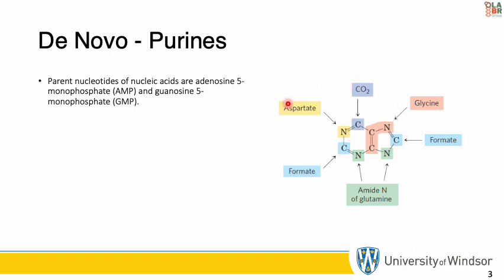And it'd be pretty good if you guys knew this and understood this and knew where this would come from if it were to be on a midterm or something like that. But what's pretty cool about this is this was actually determined back in the 1950s by a gentleman named John M. Buchanan. And what he did was he used isotopic tracer experiments in birds. So this was all done using birds in the 1950s, and they had radio labeled isotopes. And that part isn't too important, how the isotopes work. But what's cool is that this actually happened over 70 years ago, and we understood where each component comes from.